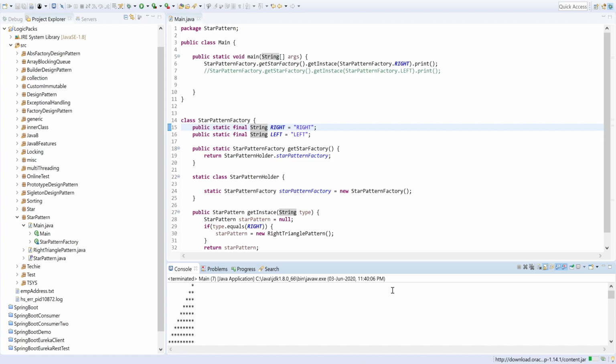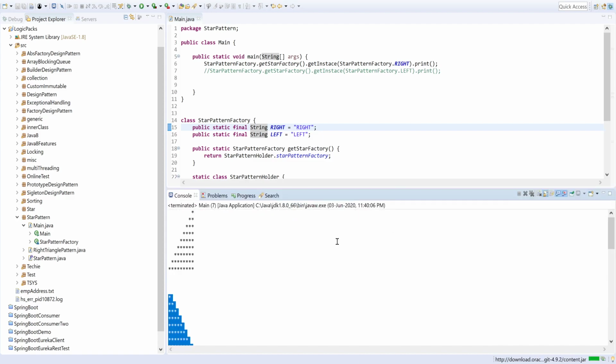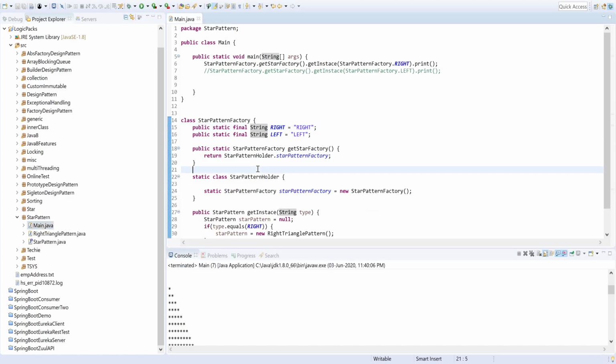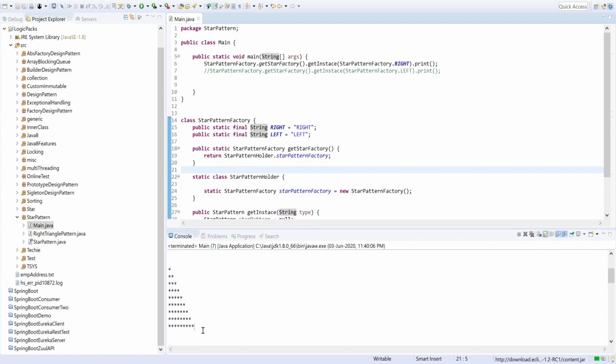In the previous video we have seen how we can print this pattern, and in this video we are going to learn how to print these types of pattern. So let's go to the code part. This code we have written in the previous video. If you haven't watched the previous video yet, just go and watch that, so you would understand why we have created a lot of code for printing only this pattern. So let's go on to print this type of pattern.